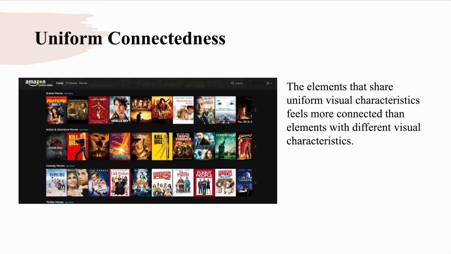The law of uniform connectedness states that elements that are connected to each other using color, lines, frames, or other shapes are perceived as a single unit when compared with other elements that are not linked in the same manner. As we can see in the Amazon Prime movies page, you could feel that most of the elements feel similar because they have darker colors, while you can feel maybe out of place if you see the ones that have lighter colors. And some people will be more attracted to the lighter ones, and other people to the darkest ones because they